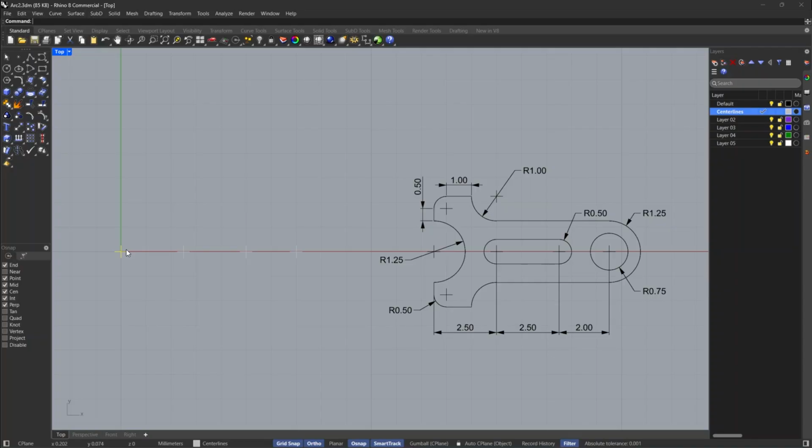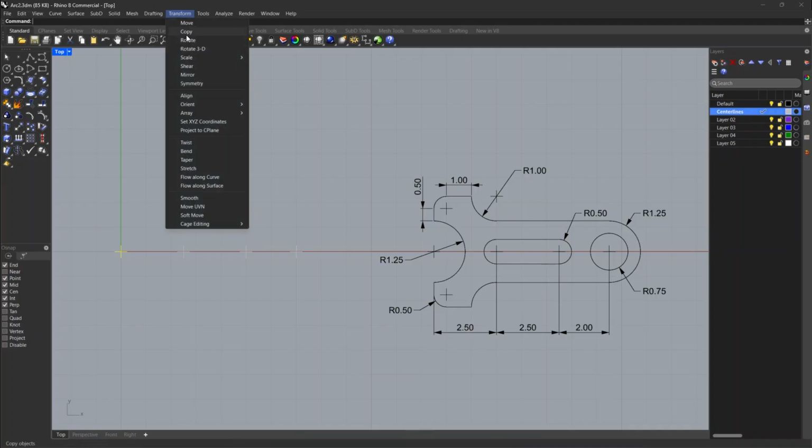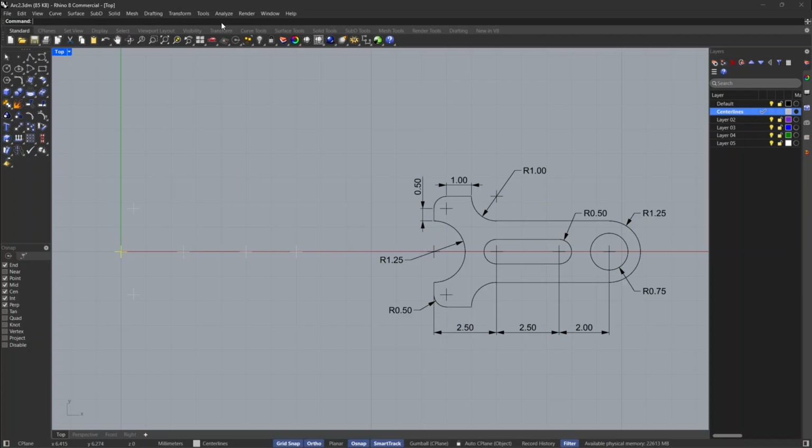Then, from the Transform menu, click Copy. Next, let's change the current layer to the default layer, and let's lock the center lines layer. Now we're ready to begin with the model.